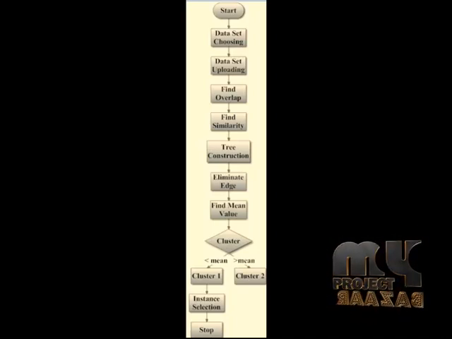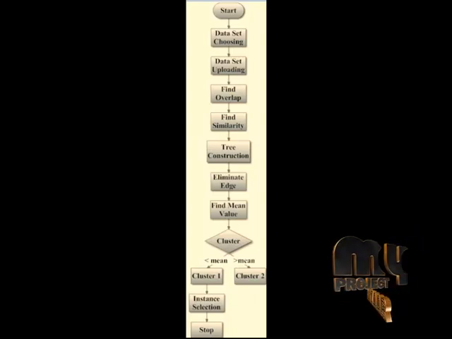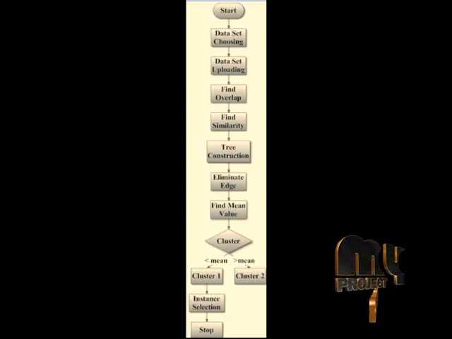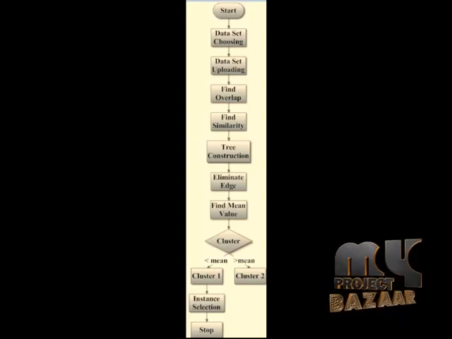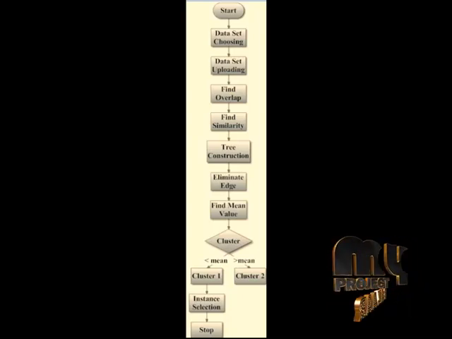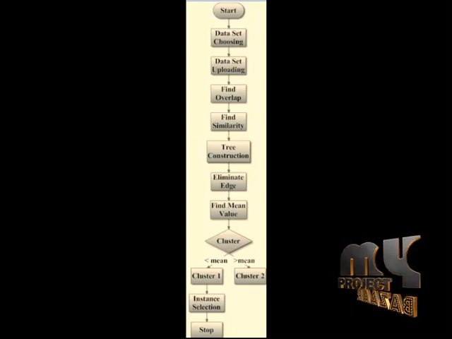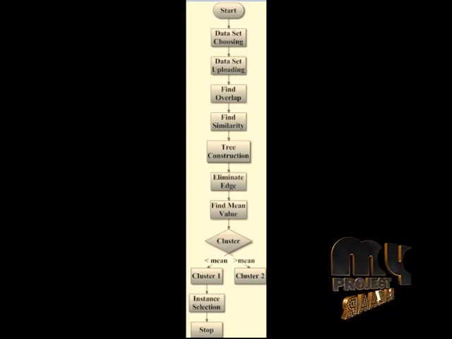The tree construction process gives the shortest node, the longest node, and then we find the eliminated edges. Eliminating edges means the longest edge is eliminated, and then we find the mean values. The mean values are used in the clustering process.